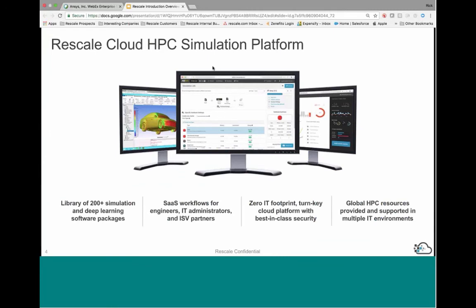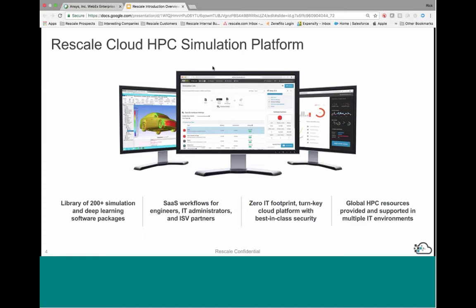What does Rescale do? Our ScaleX platform, the way to think about it is it's a portal, a window, if you will, that can access on the back end any number of cloud computing resources available from the number of cloud players in the space. We also have what we call bare metal partners if we need to get into specific hardware configurations in terms of processor sets or GPUs or other sort of devices.